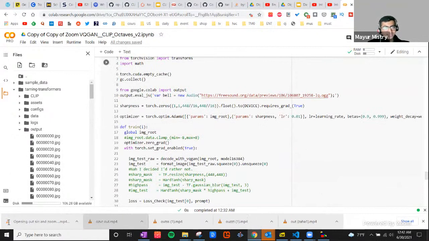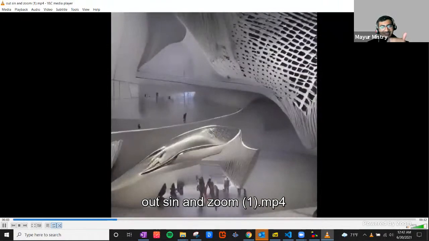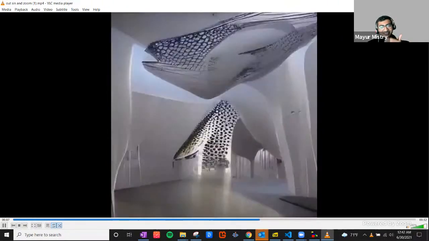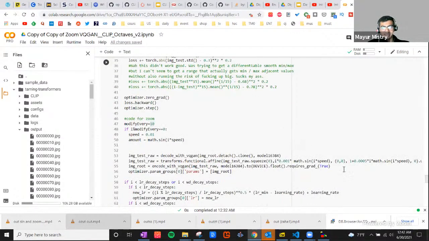And I got some back and forth also. So this zooms in and it goes back, and then again it will zoom in. This is just using a sine function, so it can create pretty dynamic motion. For reference, the values I'm using are: